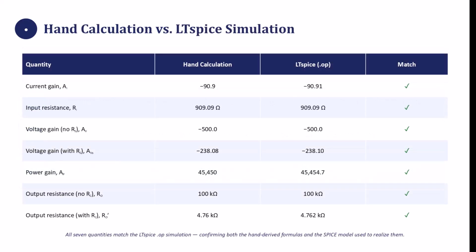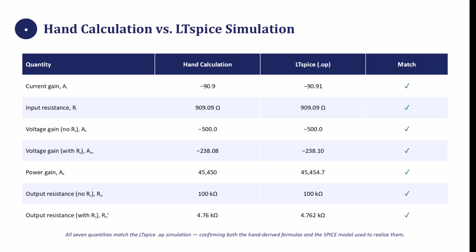Here is the result. Every quantity we calculated by hand on the previous slides placed side by side with what LTspice actually computed from the netlist. Current gain, input resistance, both voltage gains, power gain, and both output resistances, all 7 match. The current gain comes out to minus 90.9 both ways. The voltage gain without source resistance is exactly minus 500 in both columns. And notice the output resistance row, 100 kilo ohms without the collector resistor and 4.76 kilo ohms with it,